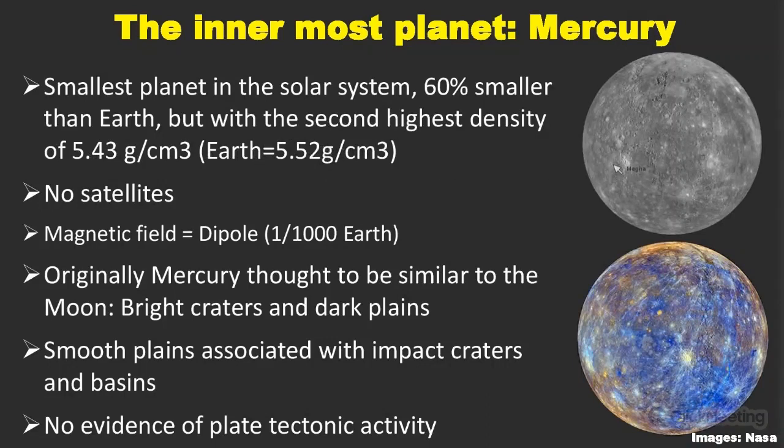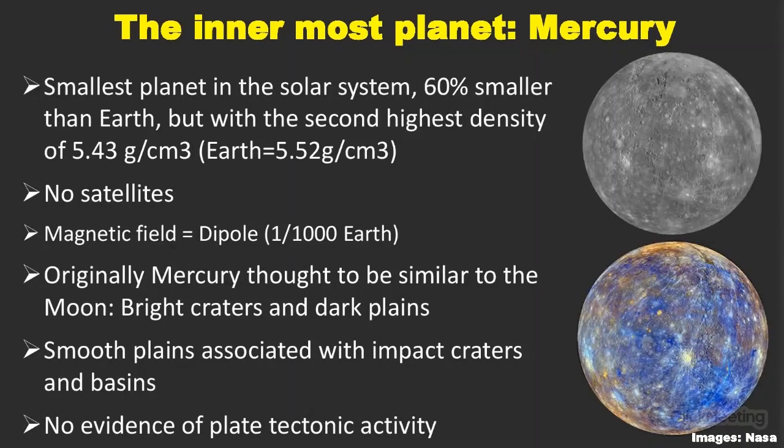So why is it so dense? We have to understand that. And for that again we need missions. This planetary body does not have any satellites. It has a magnetic field, dipole type, very similar to what we have in the case of Earth, but with a strength of almost 1 by 1,000 times that of Earth. So the strength of that magnetic field is very low, but still it has a magnetic field,